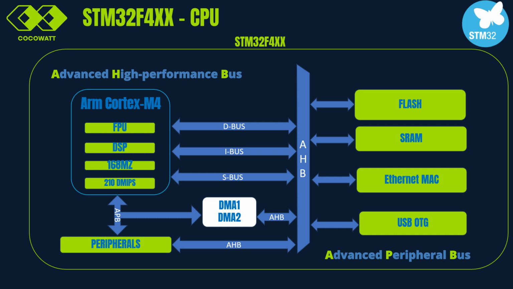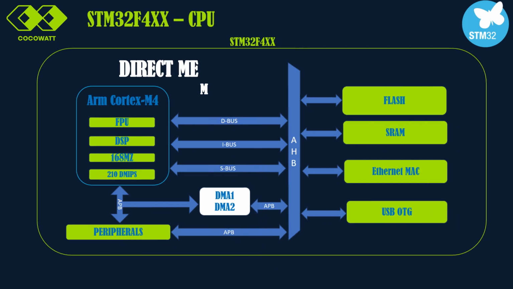Now, let's talk about DMA, or Direct Memory Access. The STM32 includes two DMA controllers. These controllers enable fast data transfers between peripherals and memory without CPU intervention. For example, in audio streaming applications, DMA can quickly transfer large amounts of data between peripherals and memory, ensuring smooth